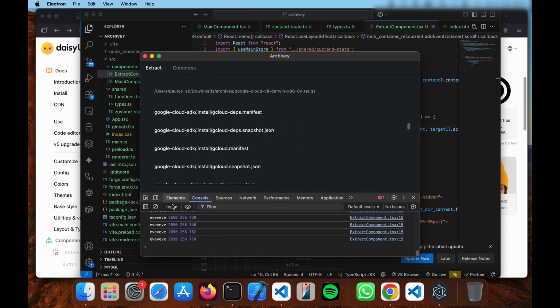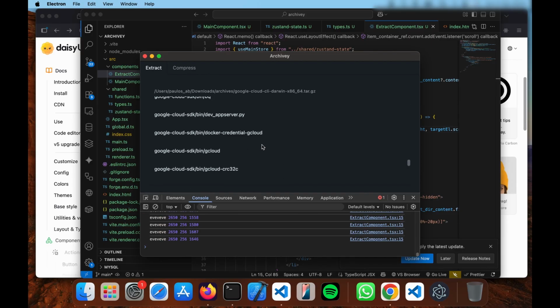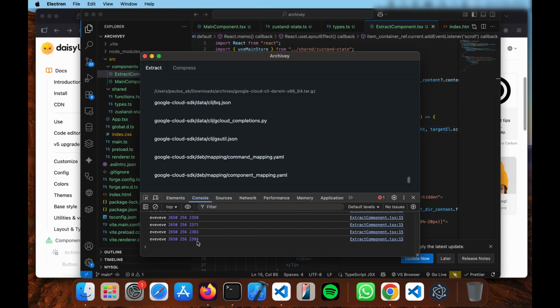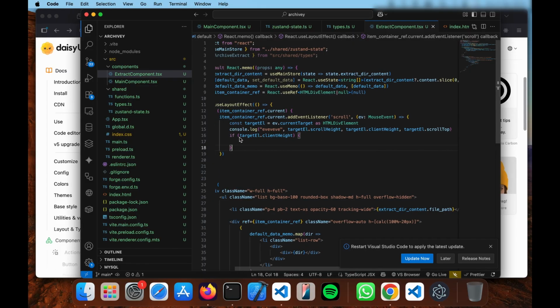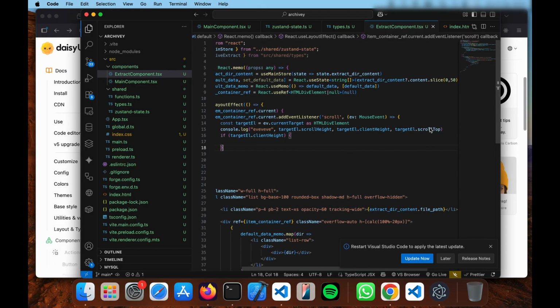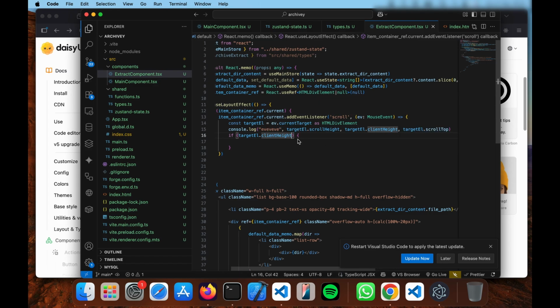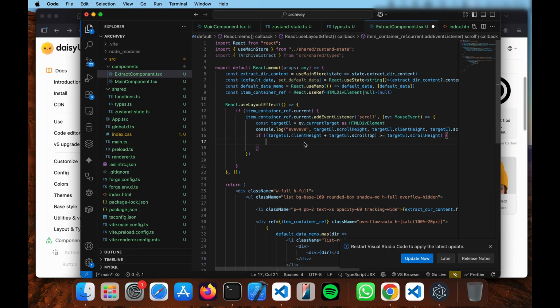Yeah, if this 256 plus this, if the scroll top, client height plus scroll top is greater than or equal to scroll height, then